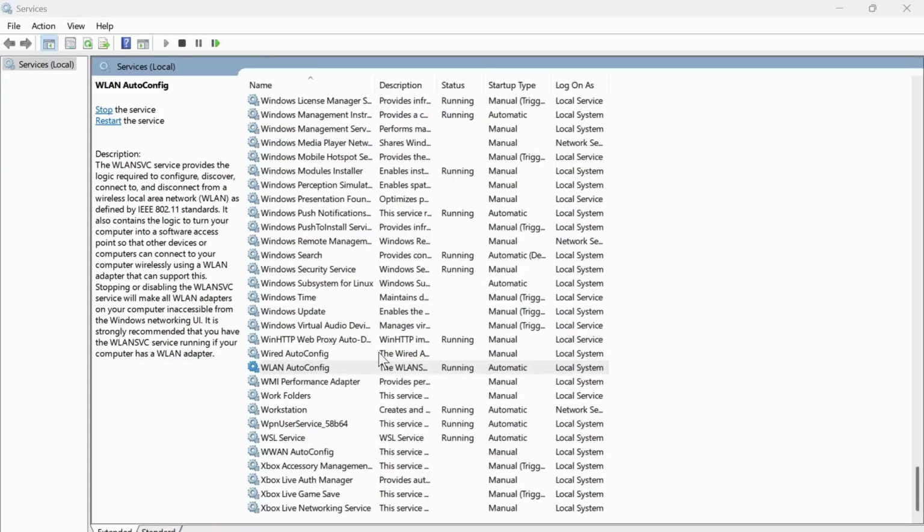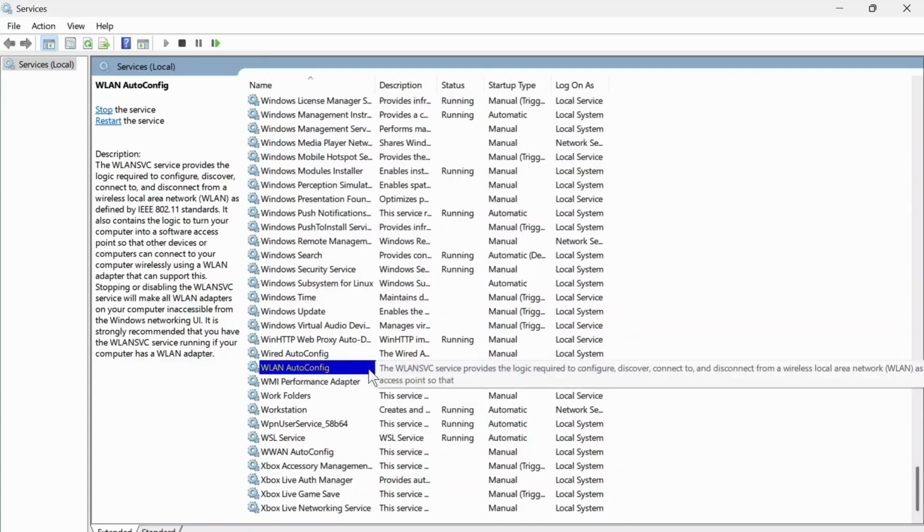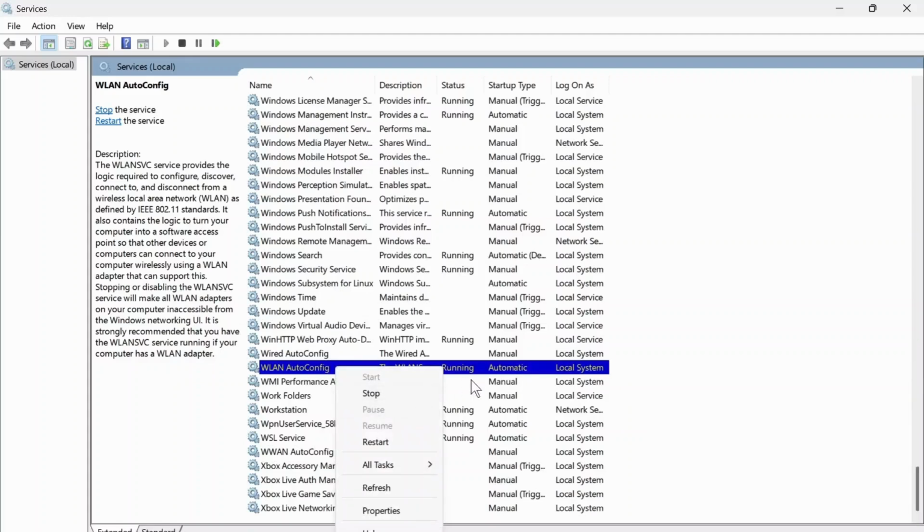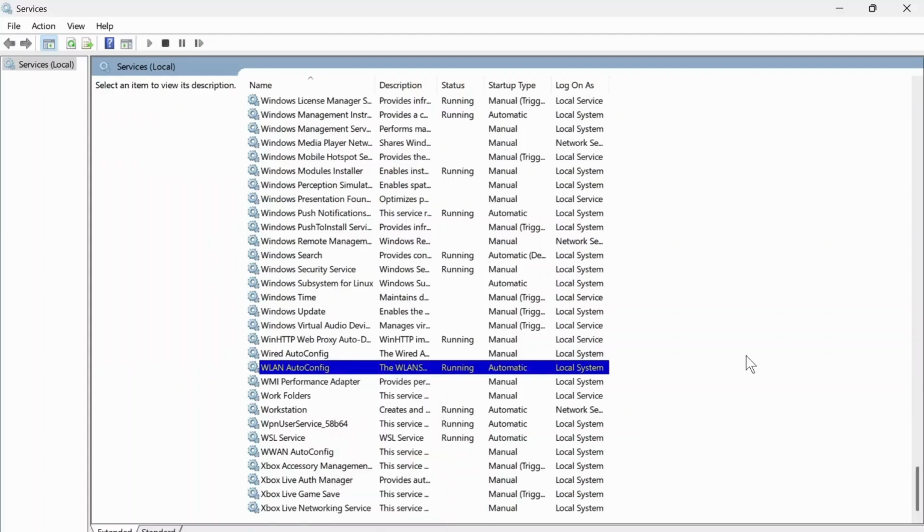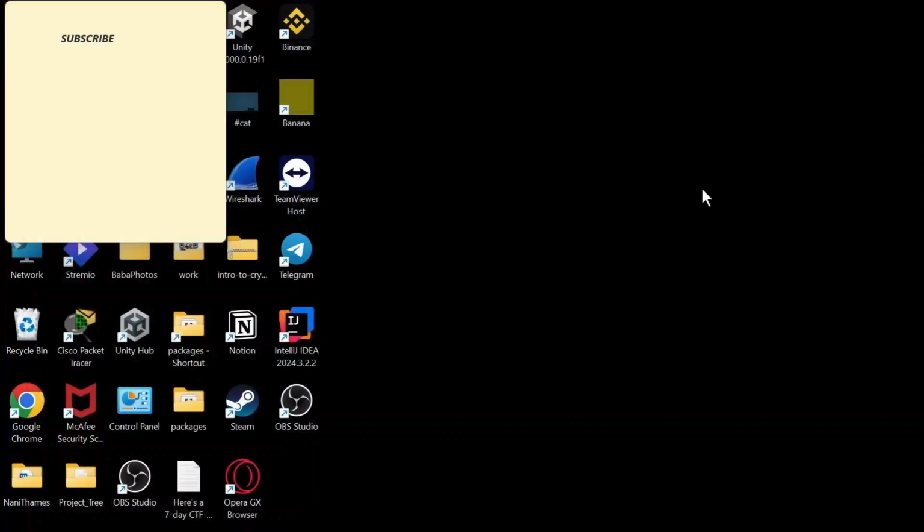After doing that, if it's already on automatic, you can simply stop it for now and then start it again. After you start it again, you might have to restart your device. After doing that, your problem should get fixed, but if it does not get fixed, you might have to update